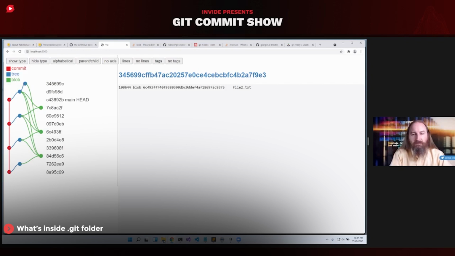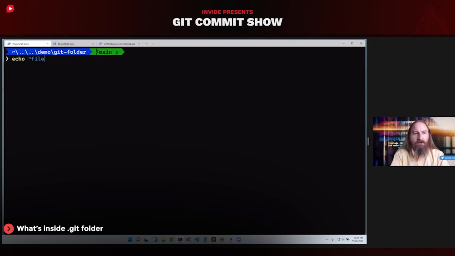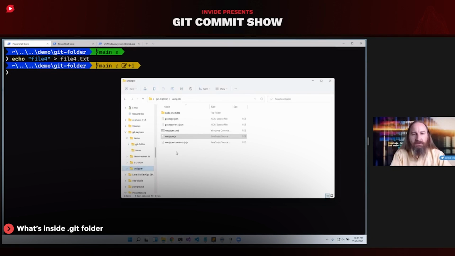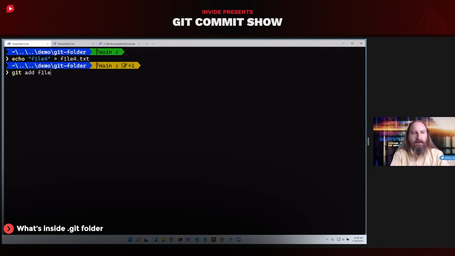Okay, let's do that one more time. Now, in this case, I'm going to say echo file 4 to file 4.txt. And now, I'm messing around here in file 4, and I accidentally added some secrets. Secrets here by accident. More content in file 4. This is another line. Now let's commit this. git add file 4,